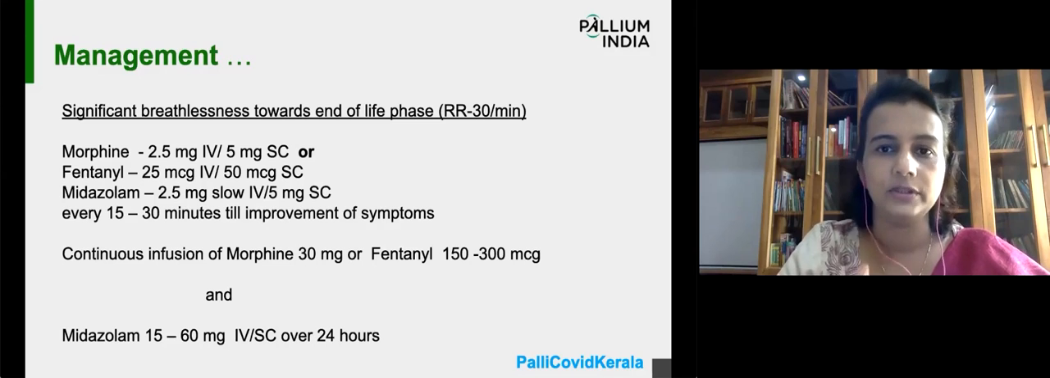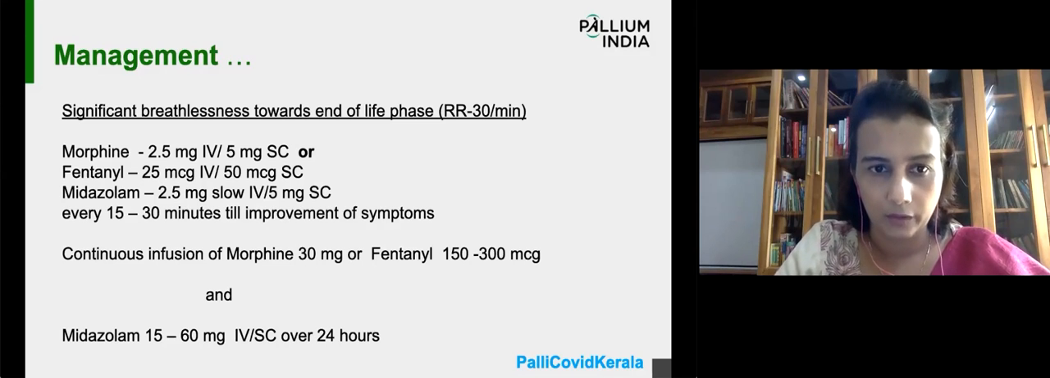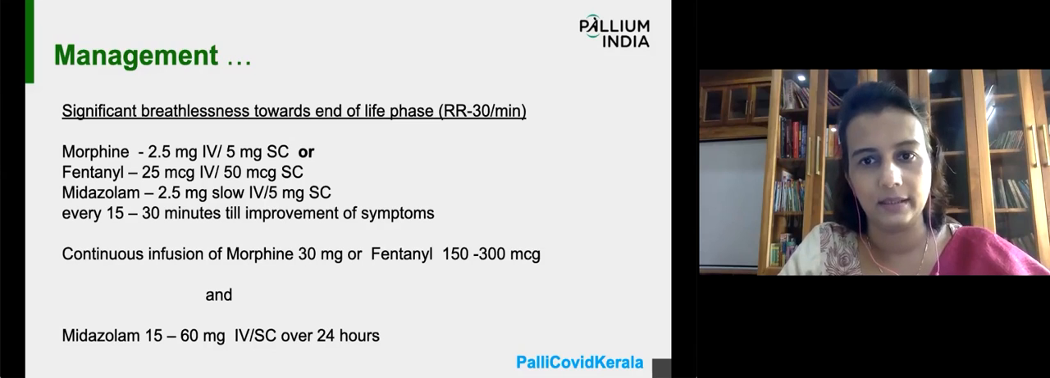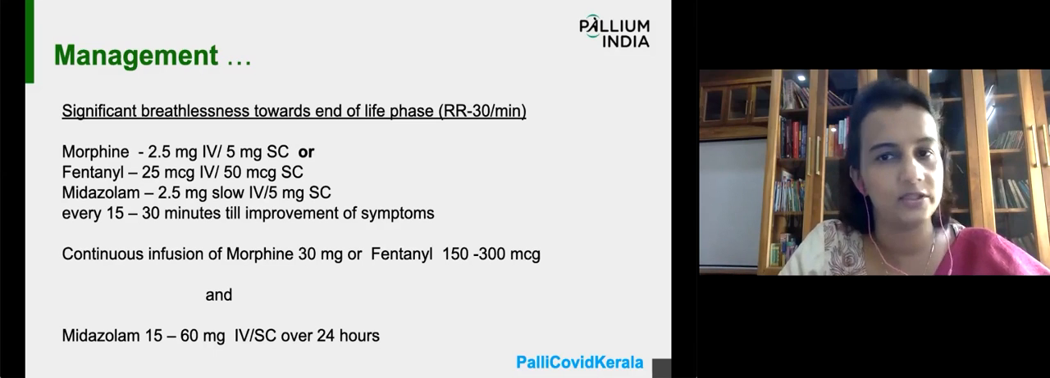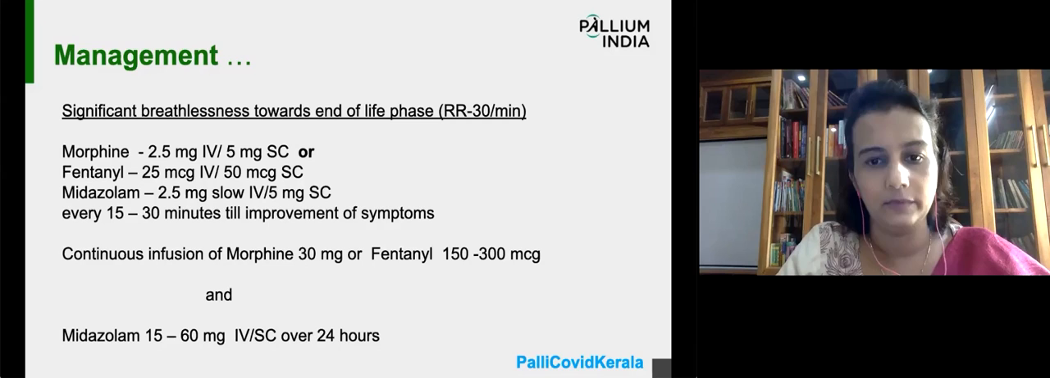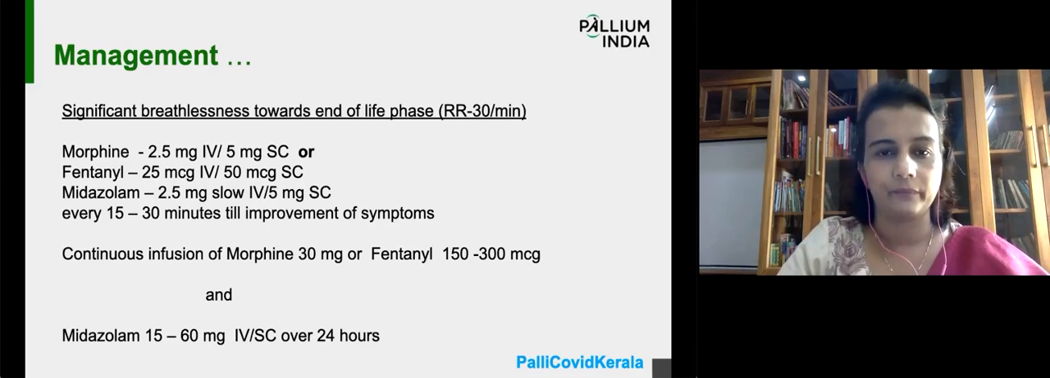So the idea would be to give a start dose of 2.5 to 5 milligram of subcut midazolam and morphine, and then start a continuous infusion of morphine 30 milligram and midazolam 15 to 60 milligram IV or subcut over 24 hours. Now, this is a maximum dose that we have given, but that doesn't mean that it has to be the maximum dose. The doses can be titrated if the patient is not settled with these doses, and always